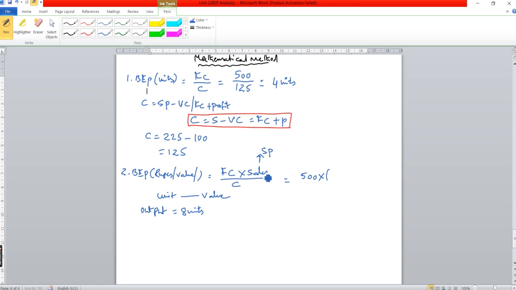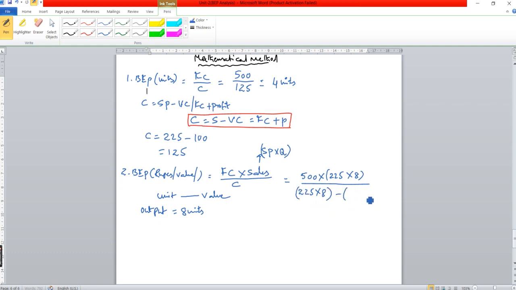To find out the sales, simply take selling price into Q, where Q means total output. So the selling price per unit in this sum is 225 into the total number of units produced, 8, divided by the contribution. Similarly, contribution is also the same. Contribution means sales, 225 into 8,